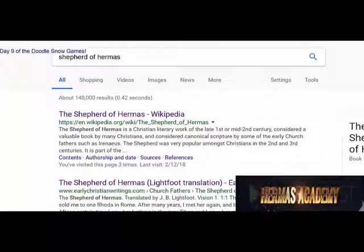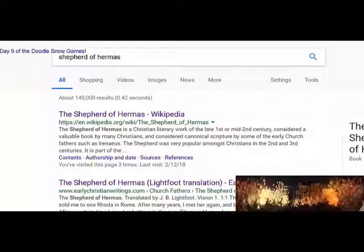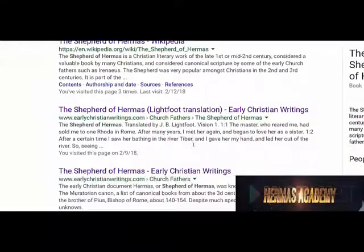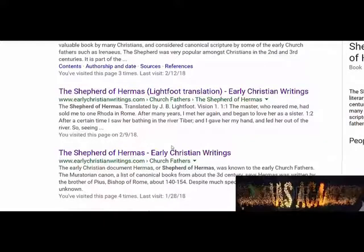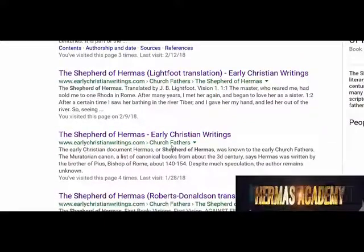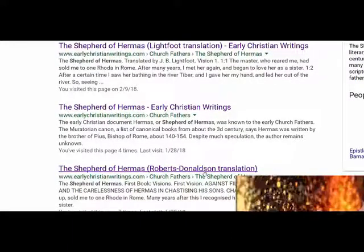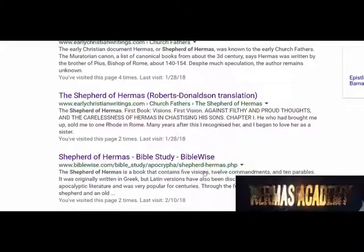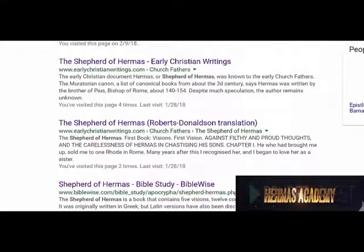Okay, so where can you get the Shepherd of Hermas? Looking here, you can see on a Google search looking for the Shepherd of Hermas, it is available in several different sources in several different translations. You have the Lightfoot translation, which you can find in some volumes and some books. You have the Roberts-Donaldson translation that you find in other books, and there's at least one more translation other than the one that I like to use, and I like to use the one